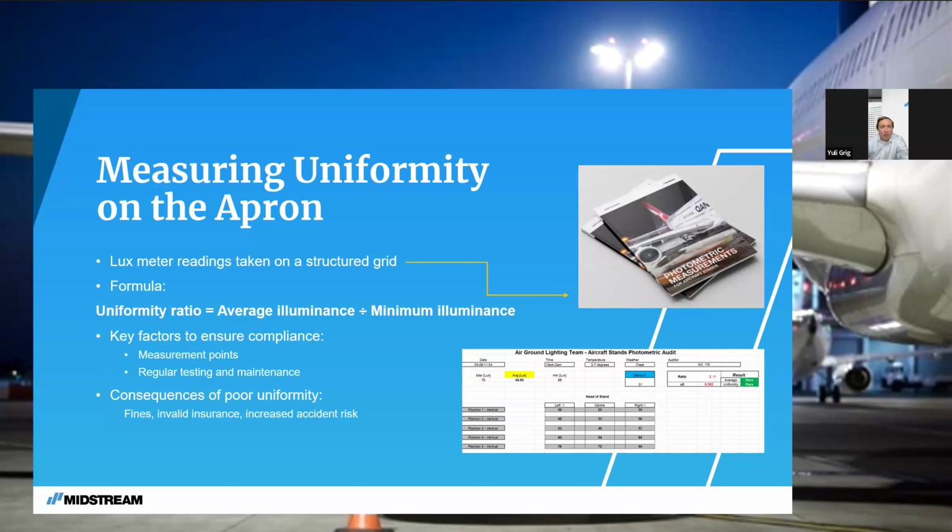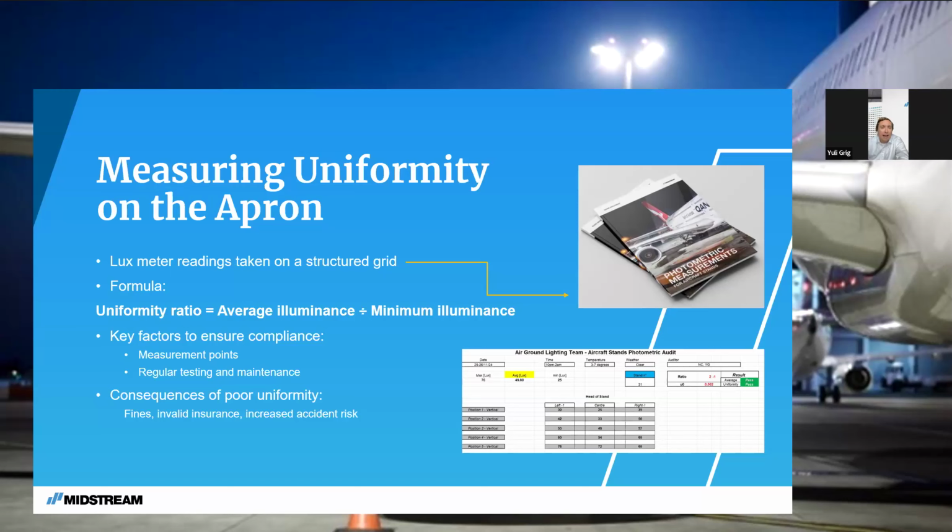But of course, understanding that that is the requirement, we also have to think about how we measure this on the apron. What is the physical process to understanding and taking those readings? Really, the way we do that is we have a lux meter, and we take a grid inside our aircraft stand. We typically take, for the ease of counting, 15 measuring points for a small stand, code A to D. For code E and F, we typically recommend 25 measuring points, evenly spread out across the